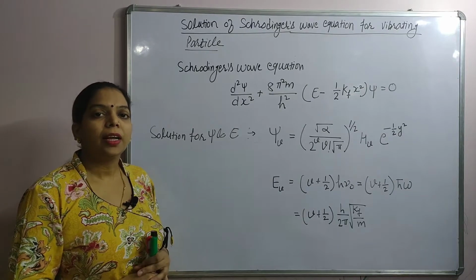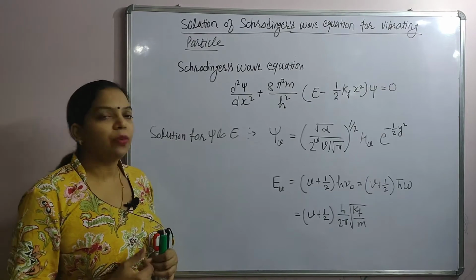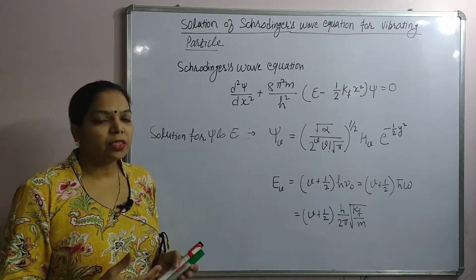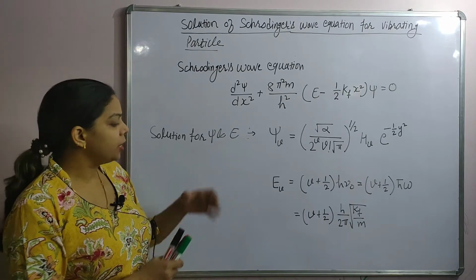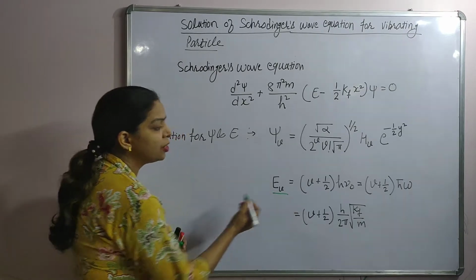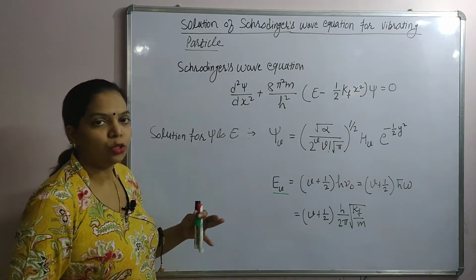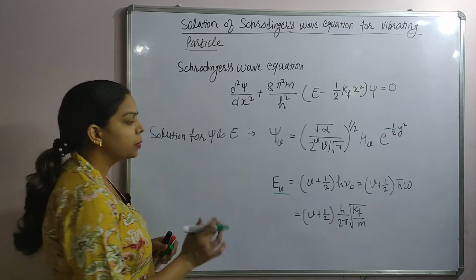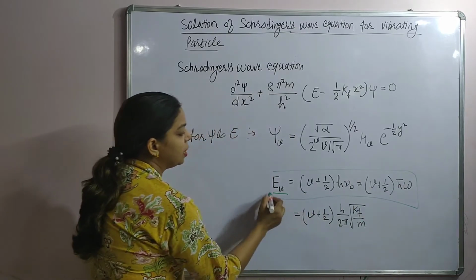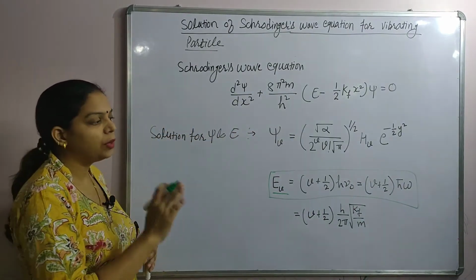Hello everyone. In today's lecture, we are continuing with the solution of Schrodinger's wave equation for a vibrating particle. In the last class, we have seen the energy expression for this particle, how the energy is quantized, though we have not done the complete solution for it, which is not required, but the main is the total expression, and we have seen what is the difference between the two consecutive energy levels, and we have also drawn the